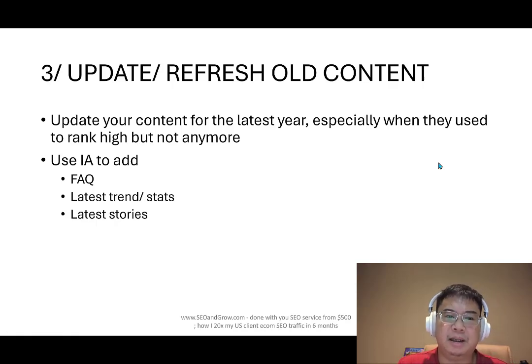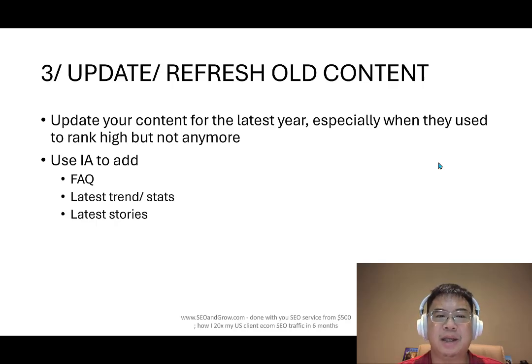Number three, update and refresh old content. With this tip, Google doesn't like outdated content. So using AI to update your existing or old content to the current or latest year, say 2025, will be a great idea, especially if it used to rank high but not anymore.